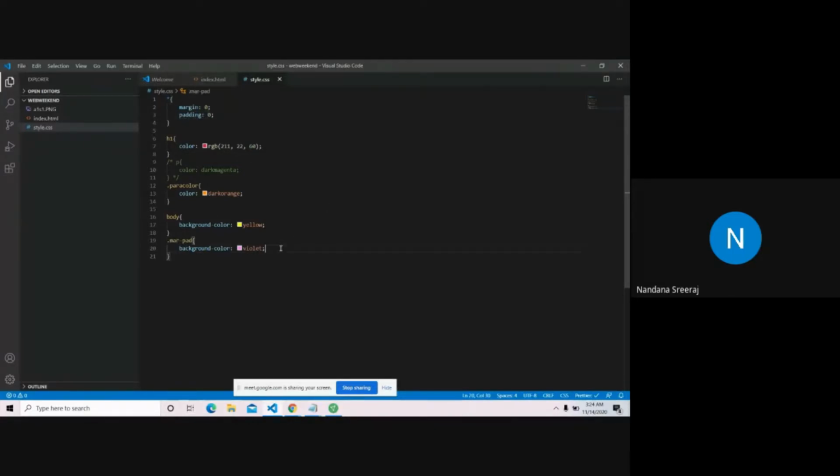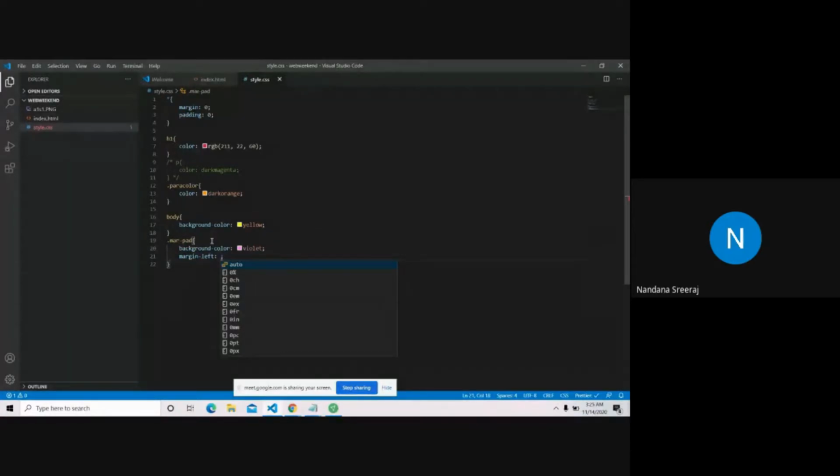And now I'm going to give my margin to this. So this is the margin padding class. I'm going to give a margin left. For margins and padding, it's better that you give it in percentage, like 2% or 3% or 5%. You can give it in pixels, a unit called pixels, but I won't advise you to give it in pixels.